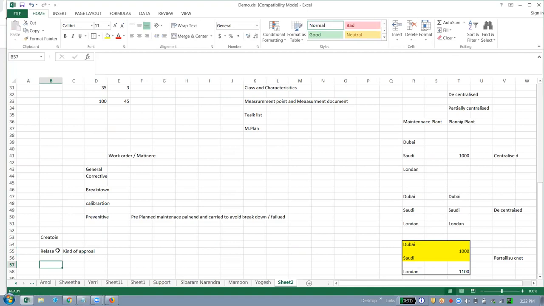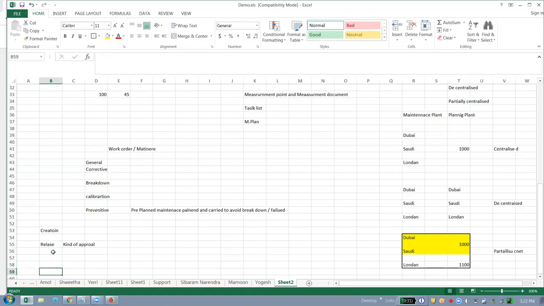After release, only then can you get your reservation and purchase requisition, which is mandatory to procure your material from the store. So you have created, listed the activities, and taken your materials. Then you will start your activities in the plant.